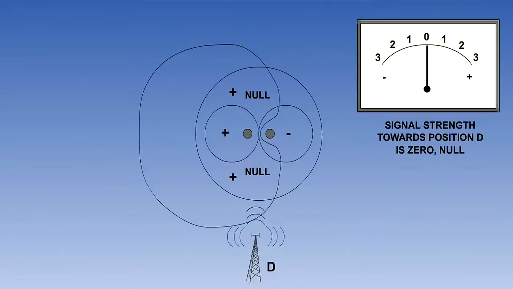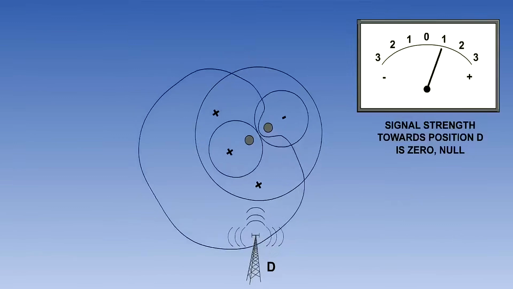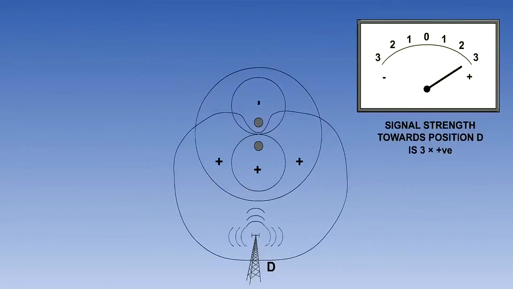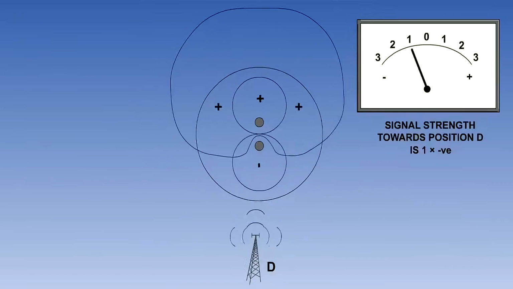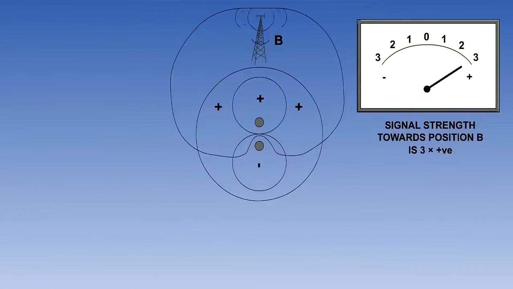If, for example, the transmitter is at position D, the loop antenna senses a null, which means the transmitter is either at D or B. If the loop is rotated anticlockwise, the combined polar diagram of signal strength will rotate with it, and signal strength will increase, confirming that the beacon is at position D. If the loop is rotated clockwise, the signal strength will decrease. If the transmitter were in position B, the reverse will be true.